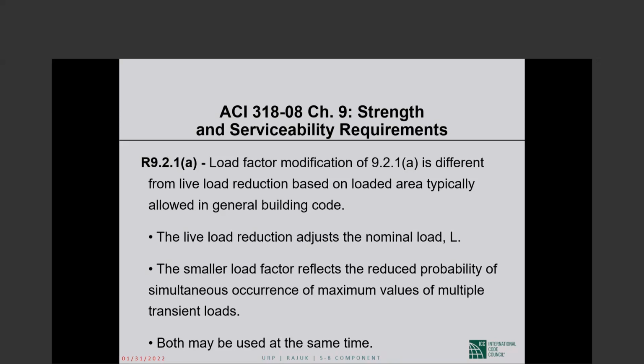So ACI 318, some editions ago, decided to add commentary, and I want to bring that to your attention. Load factor modification is different from live load reduction. So the 0.5 factor on the live load is different from live load reduction, which is based on loaded area, and live load reduction is typically allowed in design. The live load reduction adjusts the nominal load L. The smaller load factor reflects